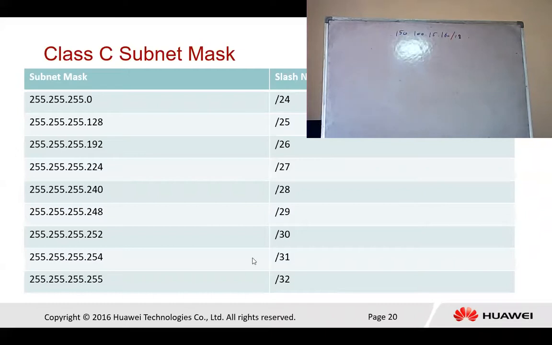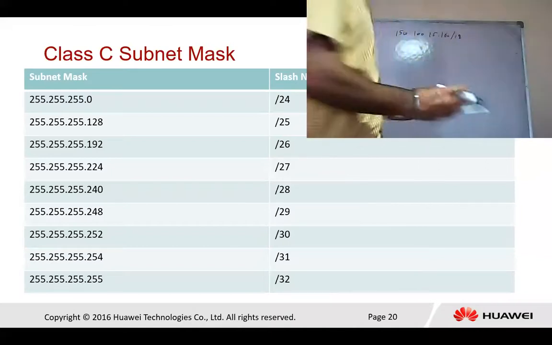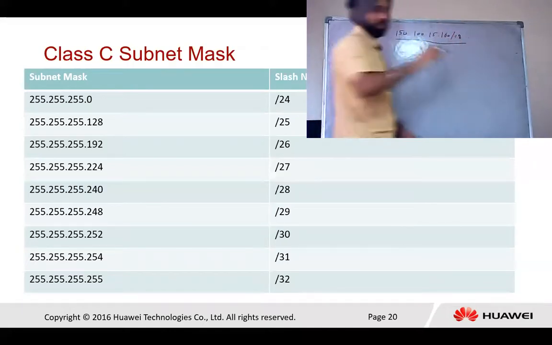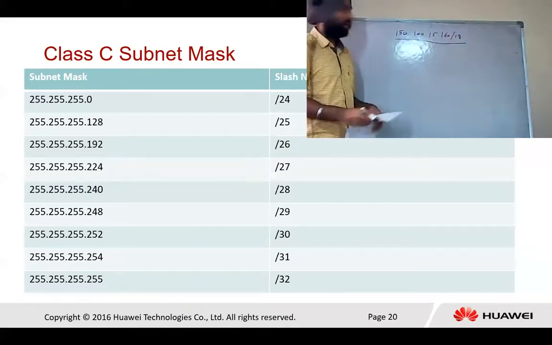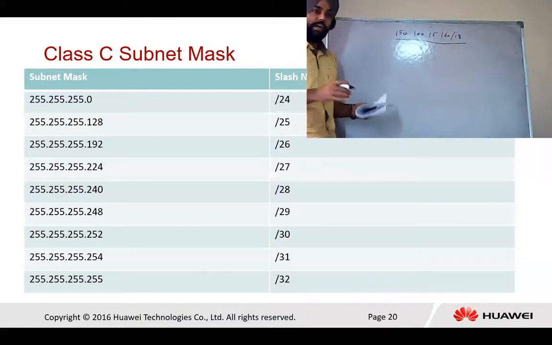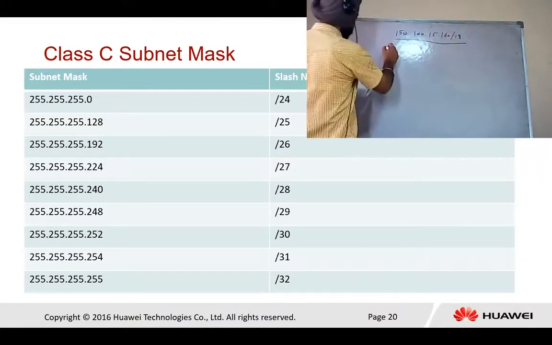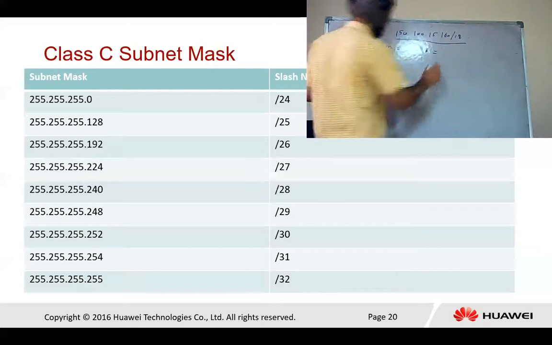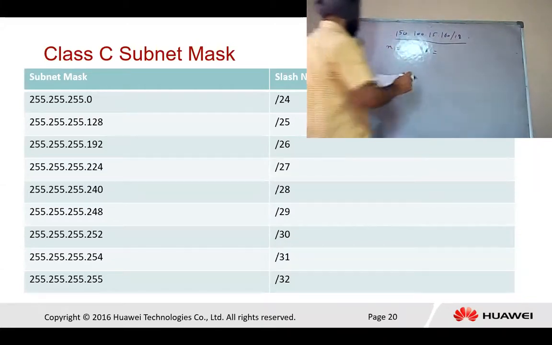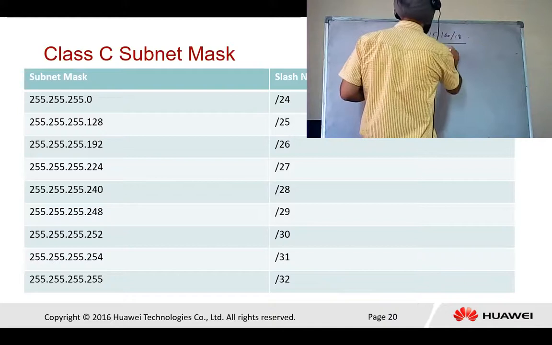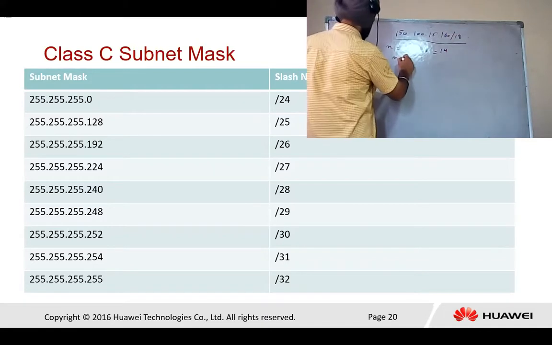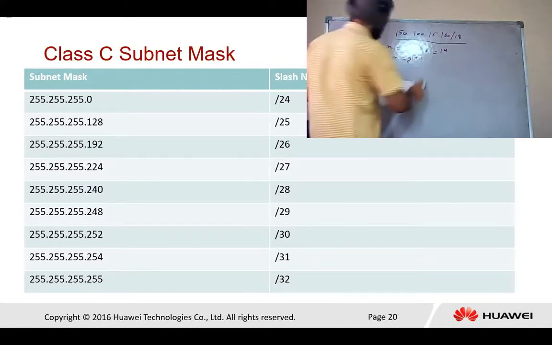Okay, I'm just going to take an example for this. We have the example 150.10.160/18. So what does it mean? First, we have to find the value of n. How can we find the value of n? n is equal to 32 minus 18, what is the value for that? That is 14. 14, that means n is equal to 2 raised to the power 14.